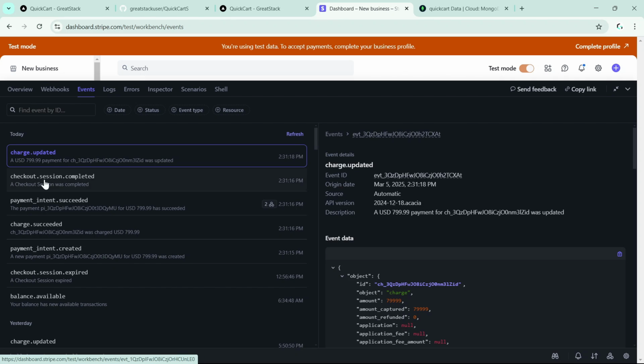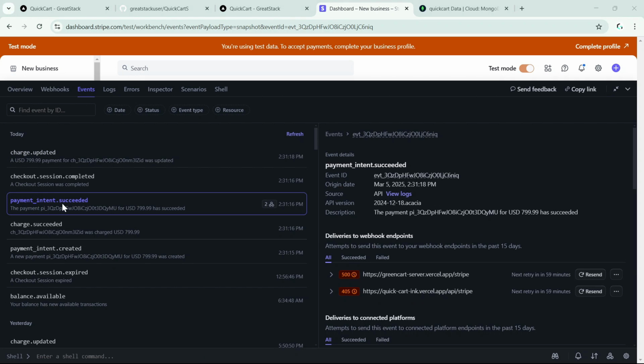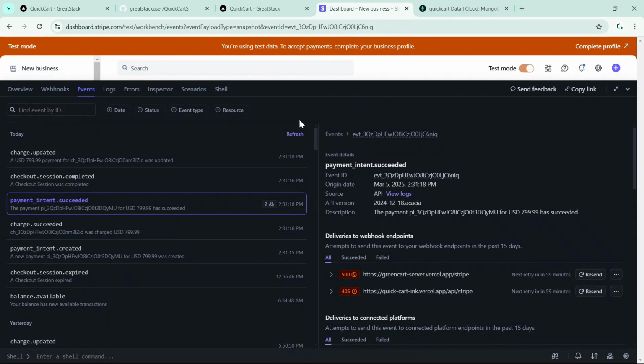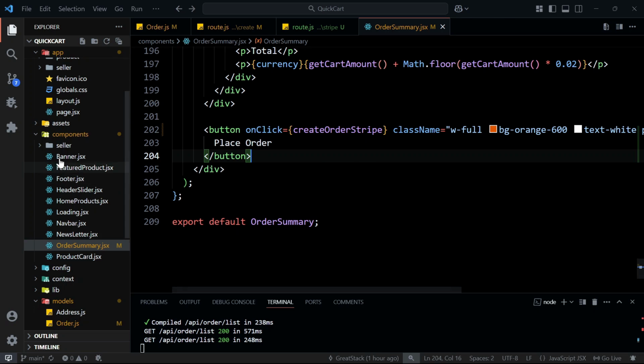So here we will go to events, and in this one here you can see the payment intent succeeded, and this webhook is calling this API endpoint /api/stripe, that is the deployed link, but we have not created it yet. So we will create this endpoint where we will listen to the Stripe webhooks, and we will update our isPaid property using this webhook. So for that we will come back to the VS Code editor, and let's come to